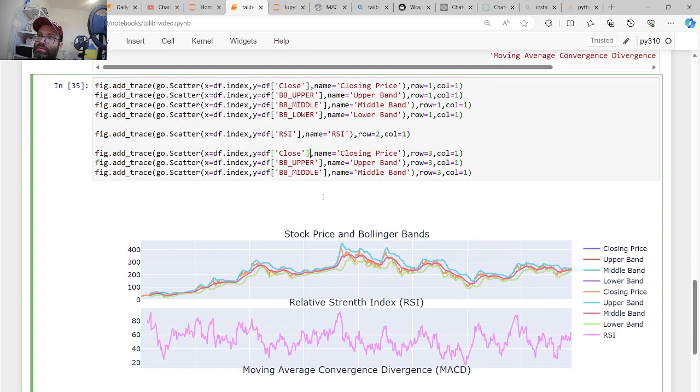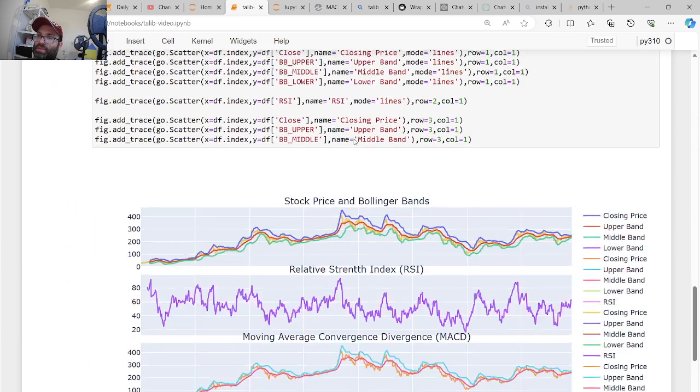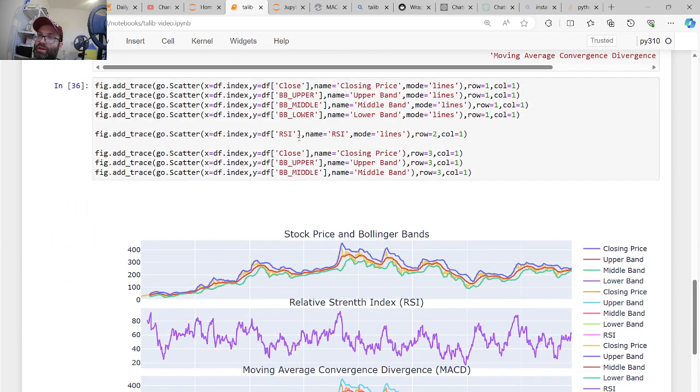Another thing, mode is lines by default. But sometimes you can specify, like here, you can specify mode equals lines, because there are other modes like dash, where it's dashed. But let's make mode equals lines here just to be more precise. Again, I think it's by default, so it doesn't matter. But okay, so for the MACD, we'll have